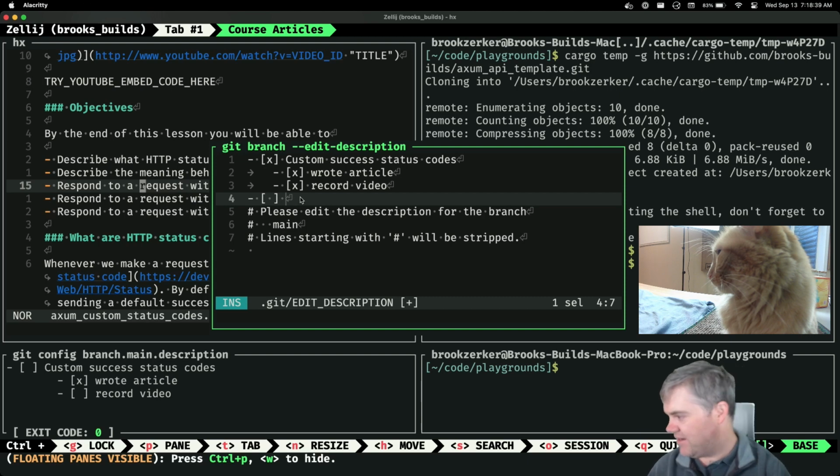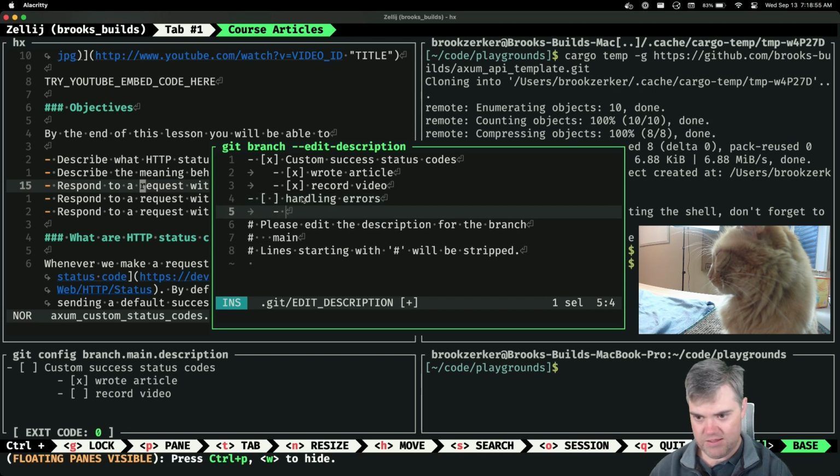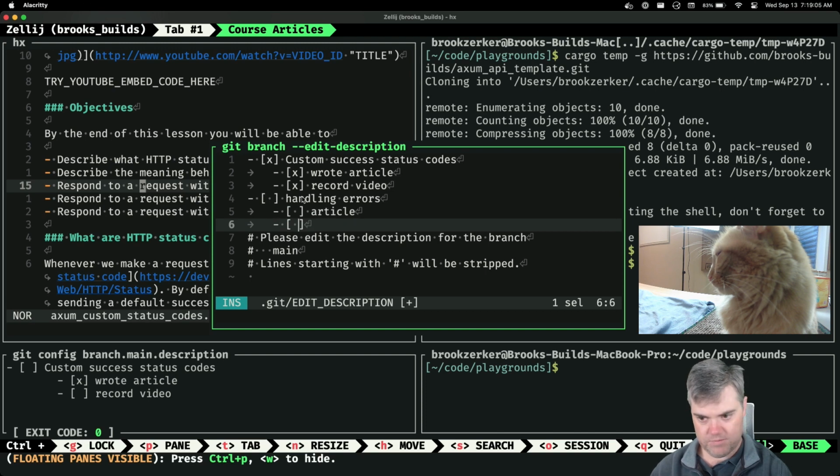All right, next thing, custom errors. So basically, I think what we want is handling errors. That's going to be the article and video.